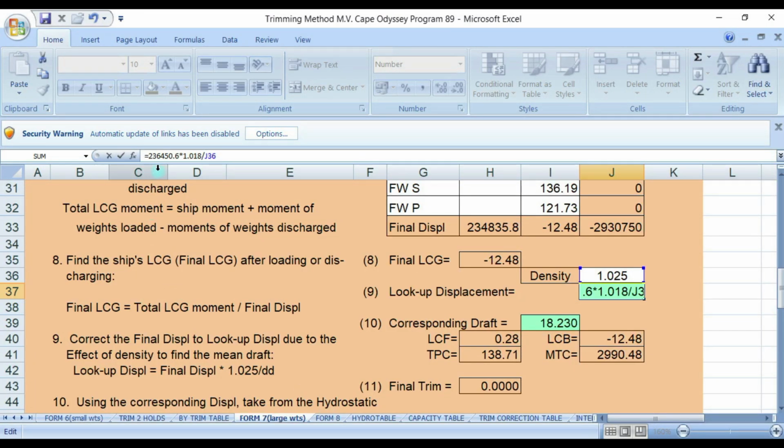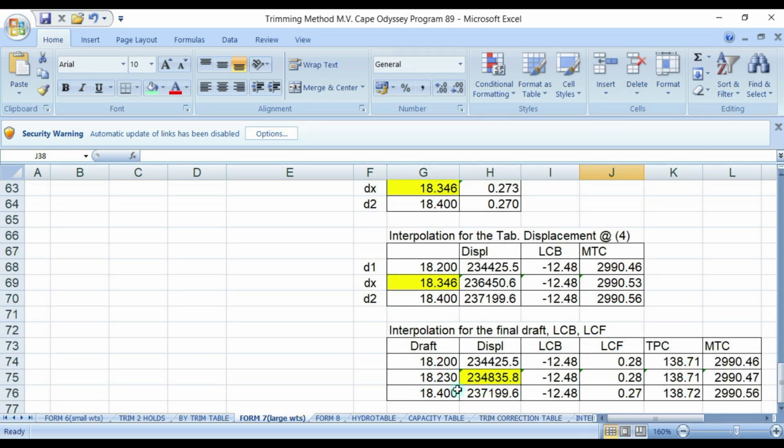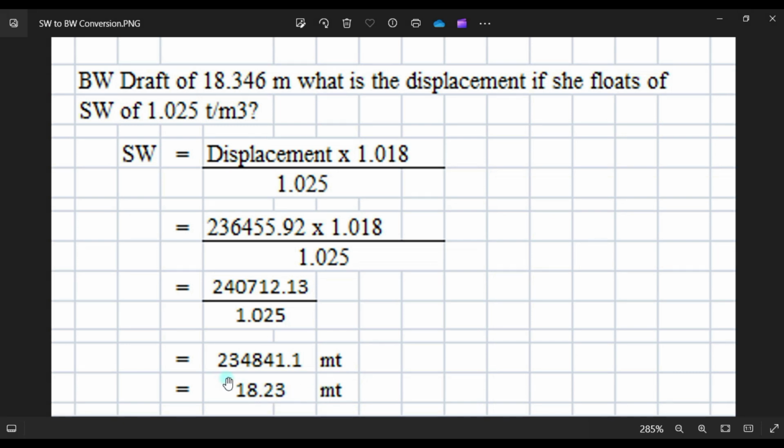It says 23645.6. What will be the results? And the draft is 18.23. Okay, here the draft is 18.23, 23484. What we have here is 23484.1.